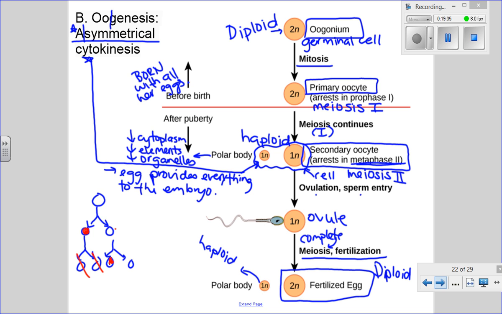And of these two, one of them is not going to have enough material to be an actual gamete. So what we're saying is each time the cell divides, one of the two daughter cells is bigger than the other, and only the bigger one continues on. So if I'm looking at this picture here, this would be my fertilized egg. This would be my secondary oocyte, and this would be my primary oocyte. So we're undergoing meiosis, but we're only getting half of the daughter cells each time because one of them is a polar body, meaning it's small and it has nothing to support itself with. Does that answer your question? Perfect.